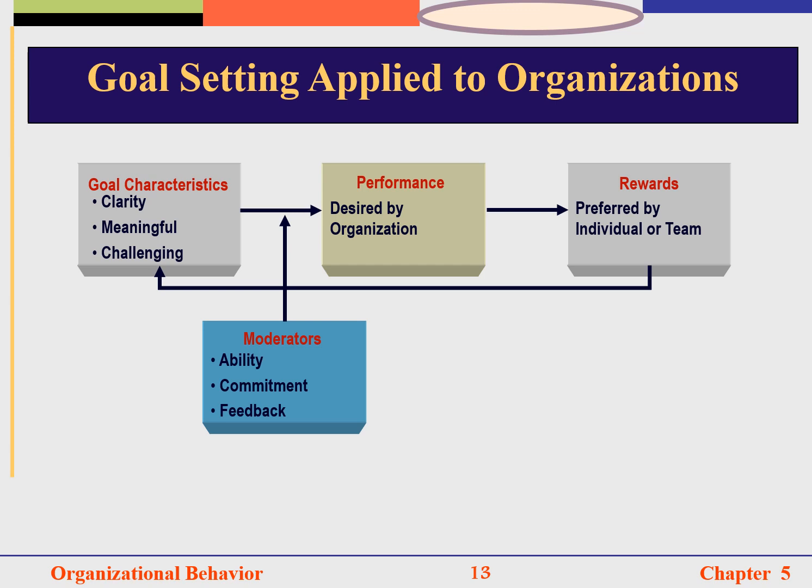And we expect that the organization will reward the performance. Performance will be rewarded in this organization. So people will be rewarded for their work, but what kind of reward? The reward that the individual or the team prefers. So this is why the reward should match the individual's or the team's needs and desires. Keep in mind that the relationship between goal characteristics and work performance is moderated by a number of variables, like